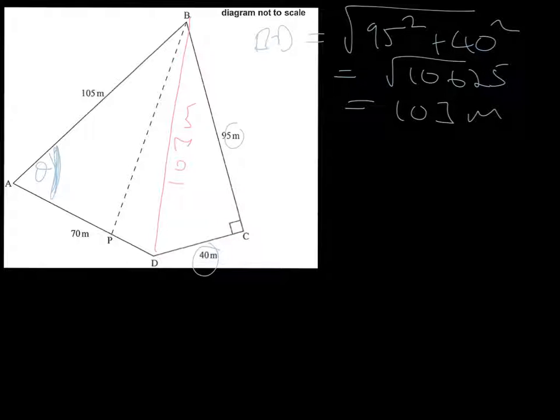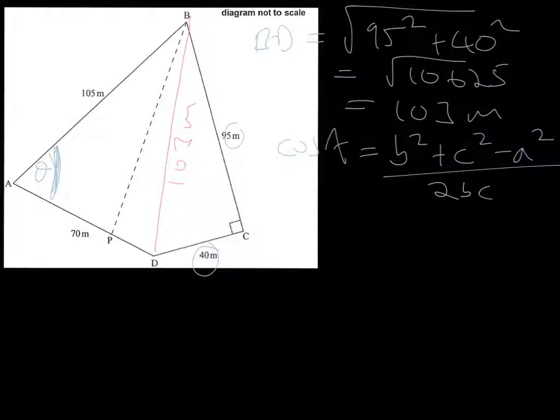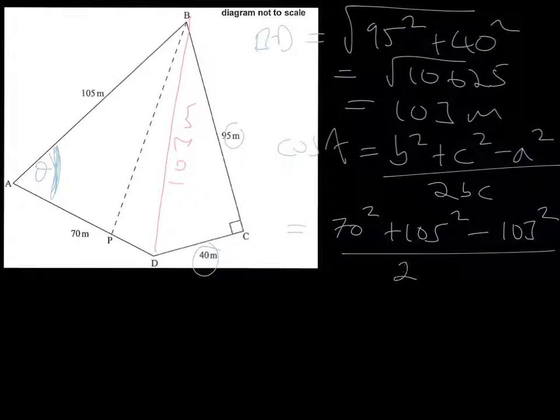So the cosine rule then, remember, is going to be cos A, so this is the angle that you're interested in, is the same as b squared plus c squared minus a squared, and a here is the side opposite the angle. So in our case, this will be the angle, therefore a has to be 103. It doesn't matter which way around b and c are. And then that's all going to be divided by 2bc. So if we substitute in for the numbers that we've got, I'm going to say that b is 70 squared plus 105 squared, for c squared, minus a squared is 103 squared, all divided by 2 times 70 times 103. And that gives us an answer of